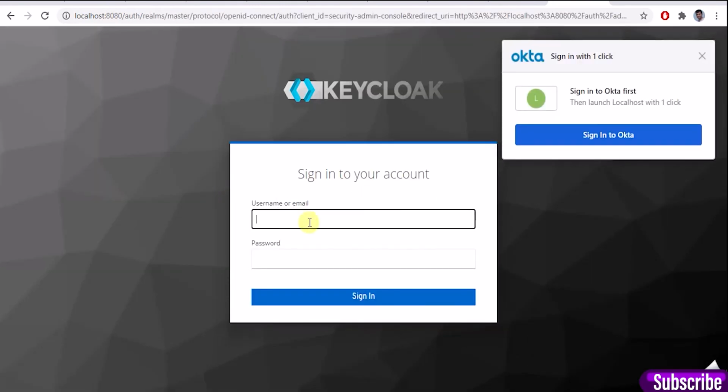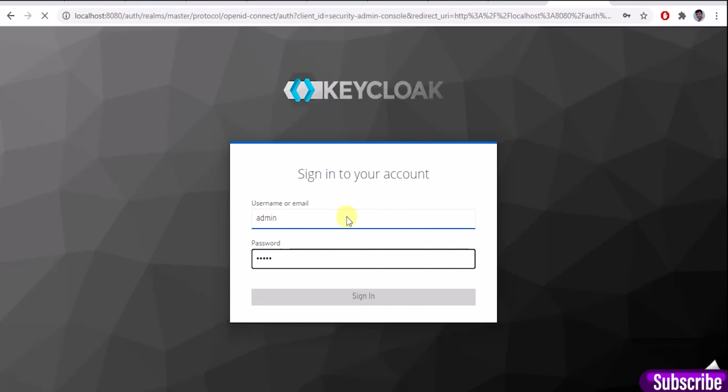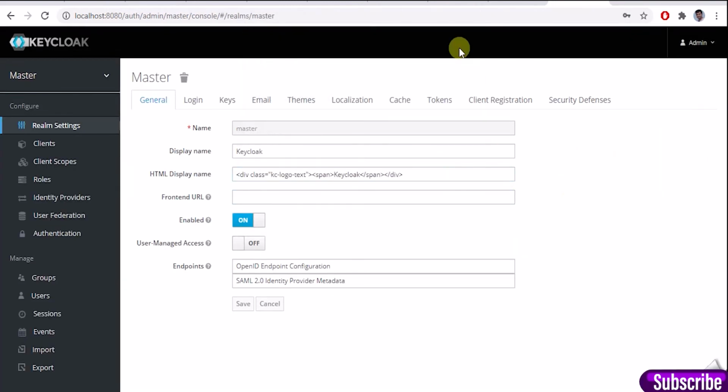So let me try to log in. So I'm logged in, and by default the master realm is created. We should not use this master realm for applications. For an application, we should create our own realm.